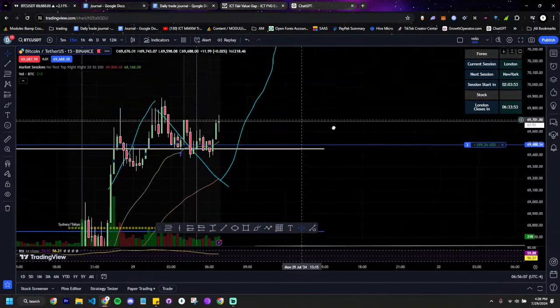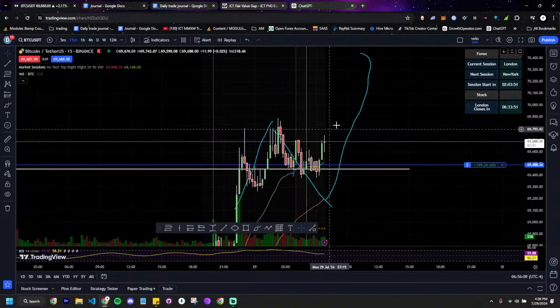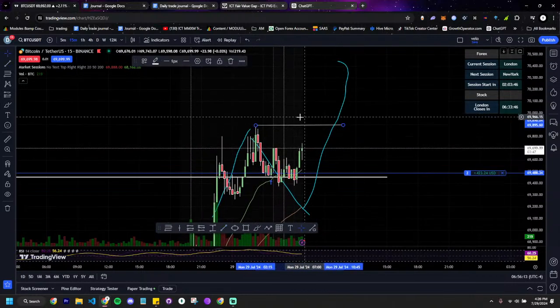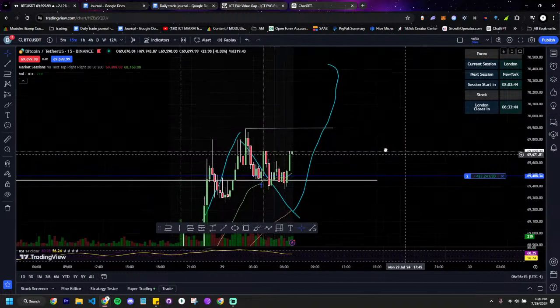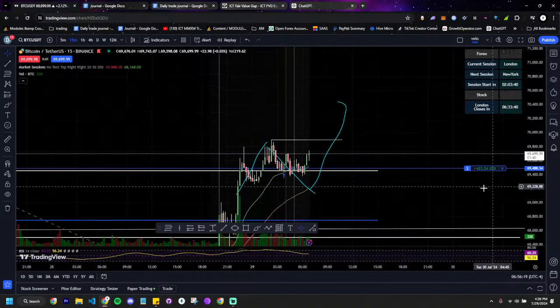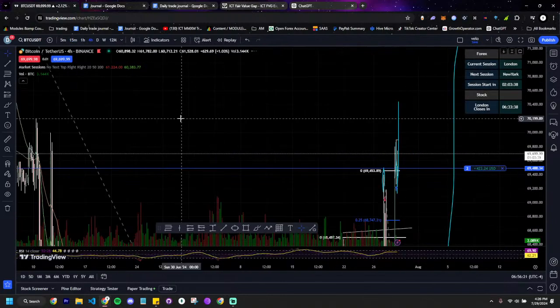You can see over here we have a lot of bullish displacement. However, I'm going to see what sort of reaction occurs over here, because if it retraces further below, then I'm probably going to get out. But overall I'm expecting price to hit